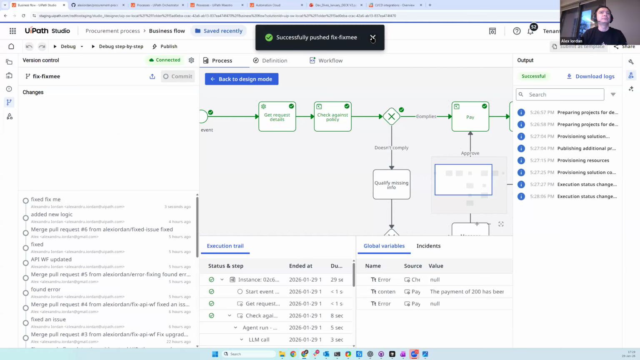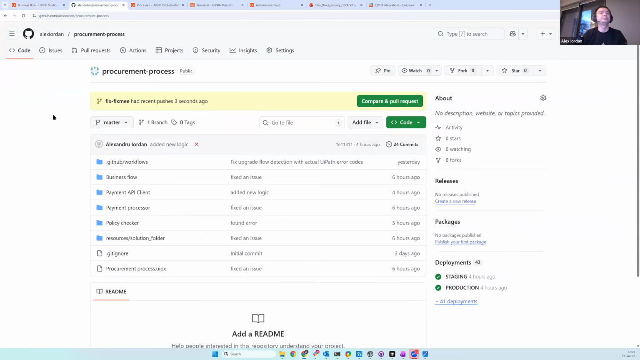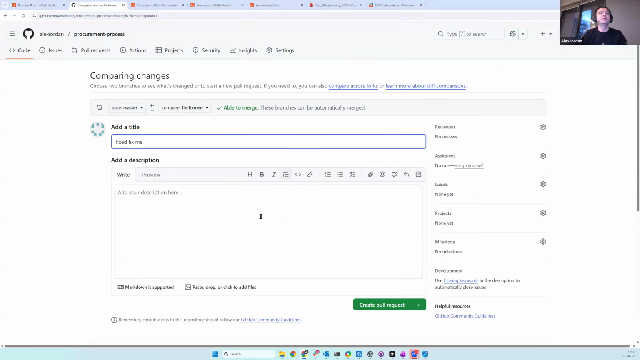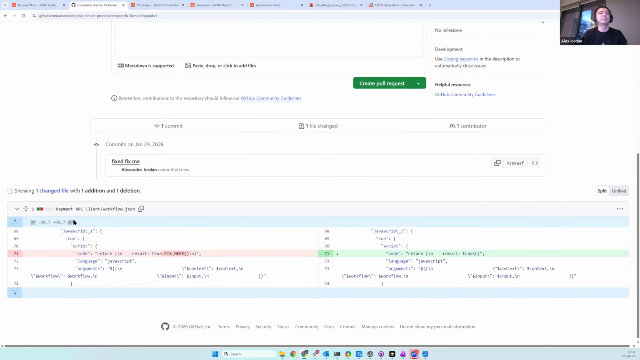Once I'm happy with this, I can go here. And now I understand in GitHub that this branch has been pushed. So what one would typically do is